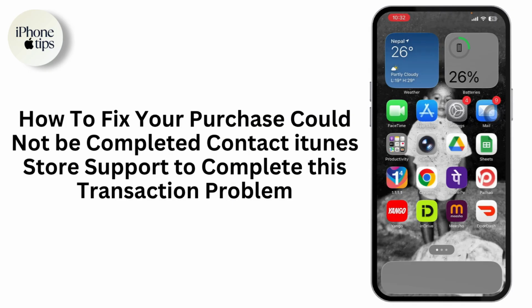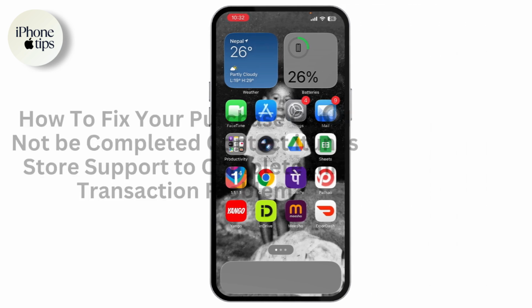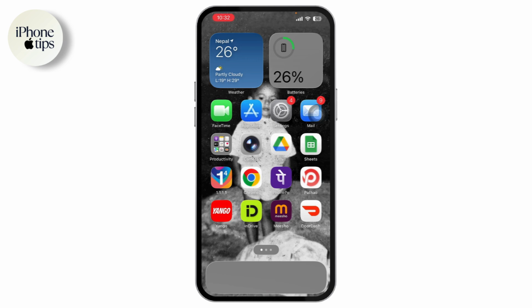How to fix your purchase could not be completed. Contact iTunes Store support to complete this transaction problem. So if you want to fix your purchase could not be completed, contact iTunes Store support to complete this transaction problem. Then what you need to do is first you need to make sure that you have a stable internet